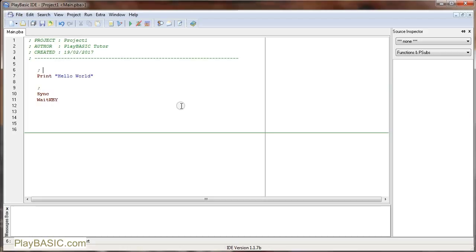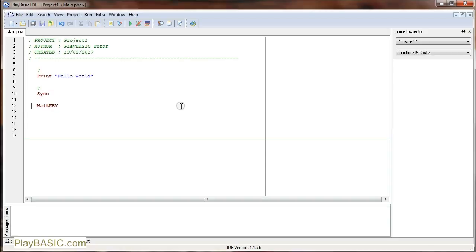So in this case here we've used print, which is a graphical command. We've printed out our piece of text. Now we want to display this rendering, this drawing that's occurred in the background, to the user. Once we've done that, we want to tell PlayBASIC to wait for a key, any key. It doesn't matter what key the person presses. You just want to wait for that key